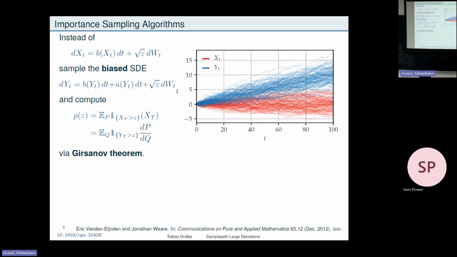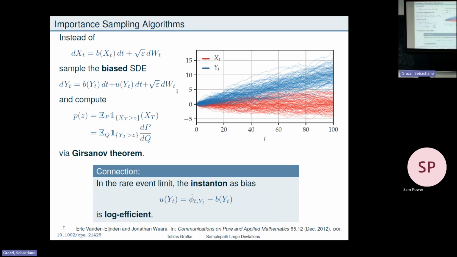So what this would look like, for example, for a Brownian motion, if I wanted to be high, instead of sampling from the red ones, which are the unbiased ones, I would bias to some outcome, and then I would get the blue ones, but I would know how to correct them by just integrating up the Girsanov weight. So the thing that I want to state for that, it would be easy to think that in the rare event limit, as epsilon becomes small, a good bias would be basically phi dot minus b, meaning that if I insert this for u, the b would just drop out, and y would behave like phi plus noise.